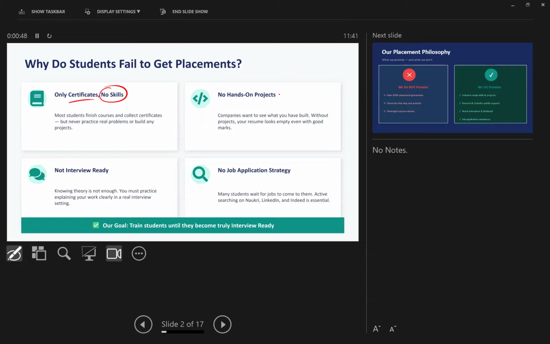And importantly, students are not doing hands-on, real-time projects. They're just learning the course, just learning SQL and Python, and then leaving. They're not doing any projects. Without projects, how can you answer the questions they ask in interviews on a real-time basis? That is another problem. Let's say you have done the projects and learned the skill set very well, but students are still not interview ready nowadays.